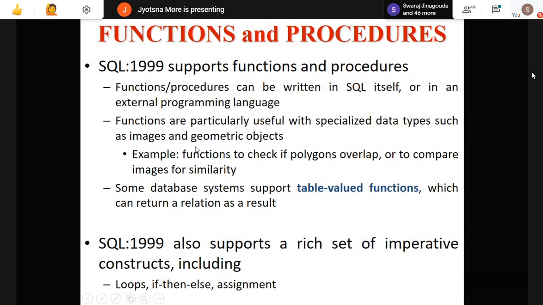But usually functions are created for that purpose when you are dealing with objects. Some data type systems support table valued functions, which can return a complete relation as your output. Similar to the procedure, we can use loops, if statements, and assignment operators in a function also.